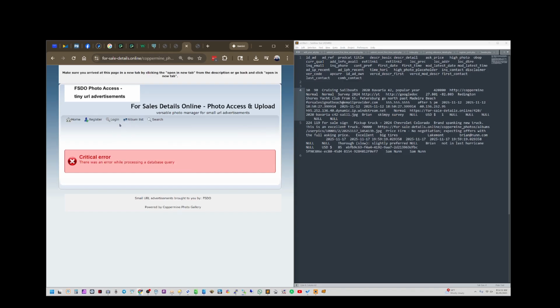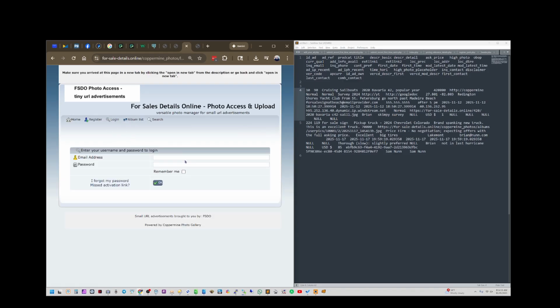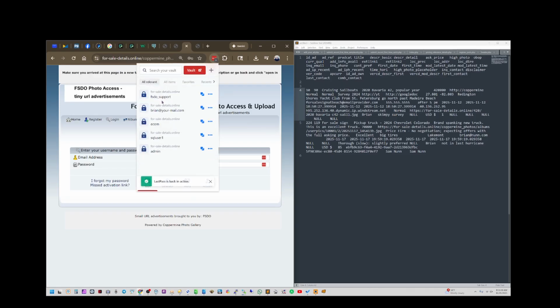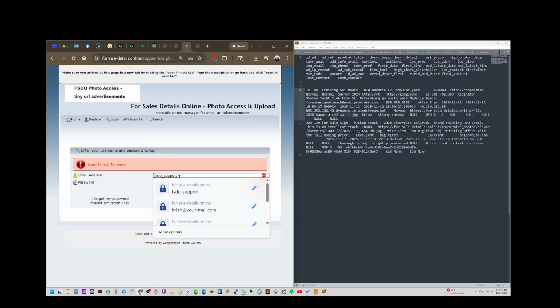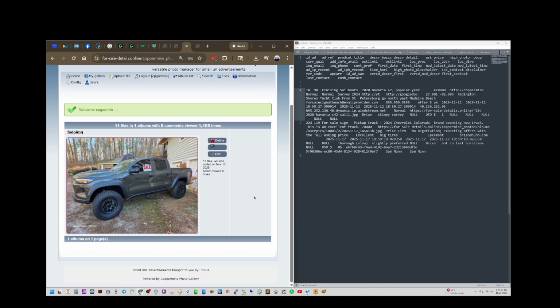Once you get the Coppermine gallery working. So, all right. This is a little bit kludgy. I haven't really refined the Coppermine gallery, but you can click on the album list or click at home,